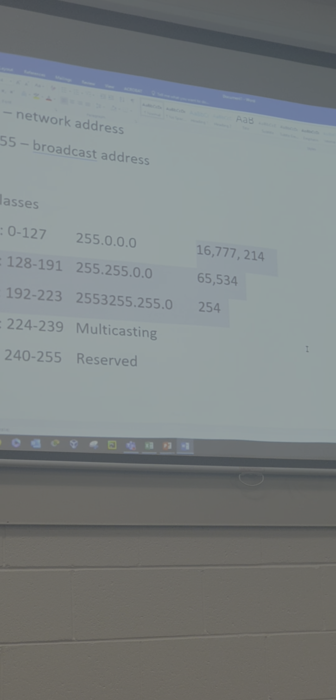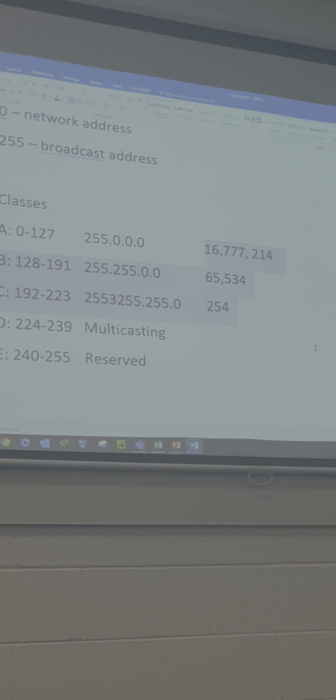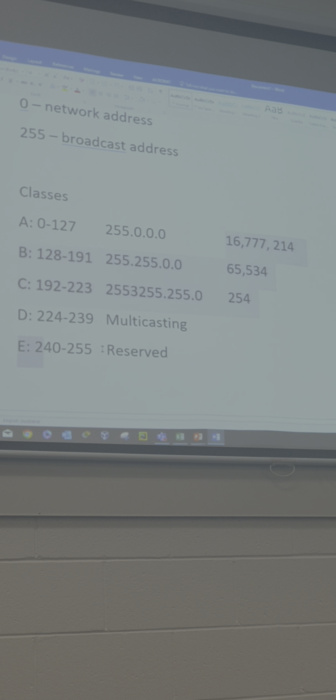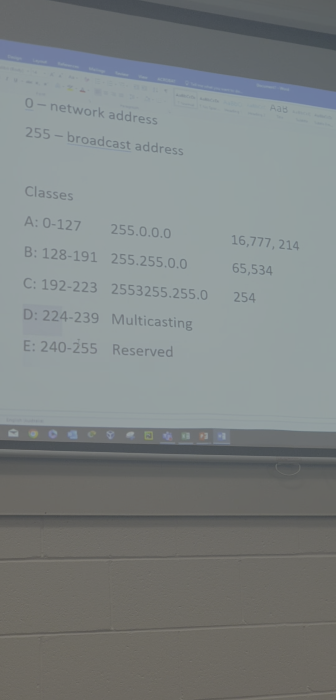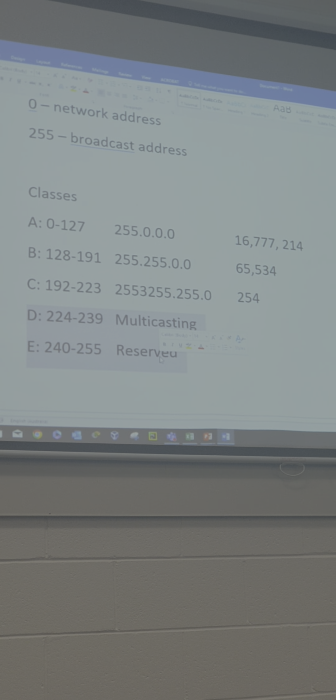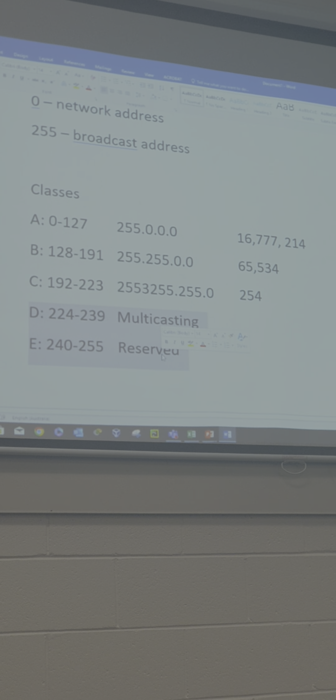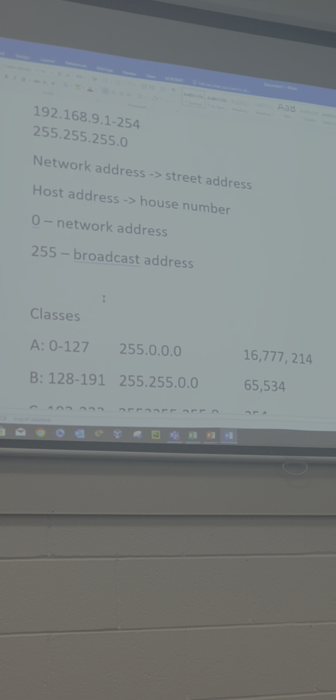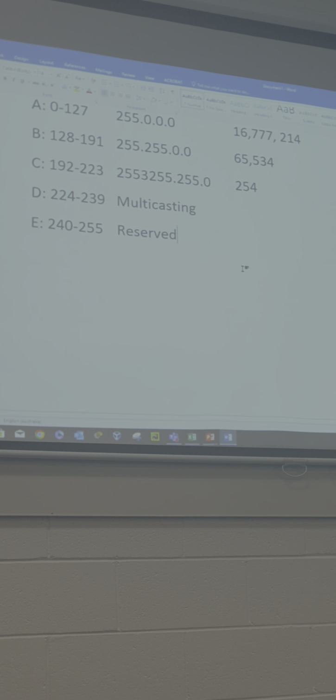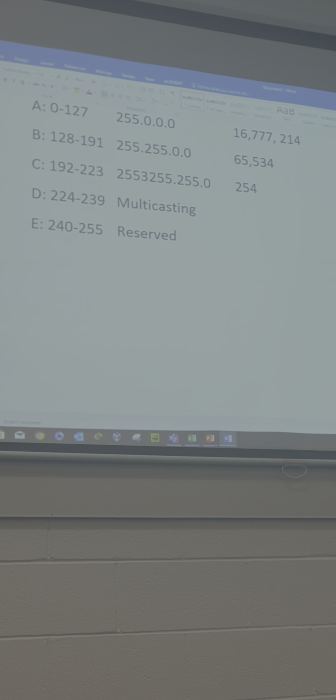There are more than 4 billion devices on the internet. How is that possible, Michael, if there are only 4 billion possible addresses? We've wasted a big chunk of them doing this and this. We'll learn about that soon. The main thing is that you understand how to read an IP address. So if I gave you an IP address such as this, let's go with